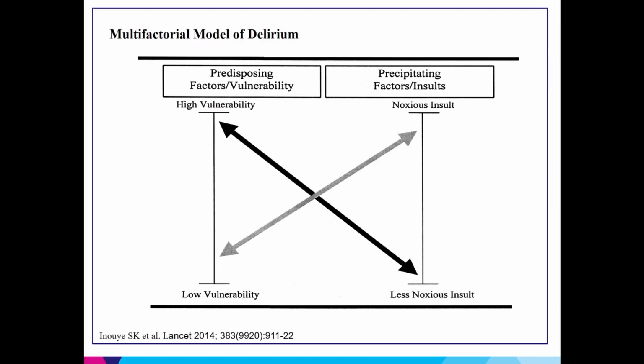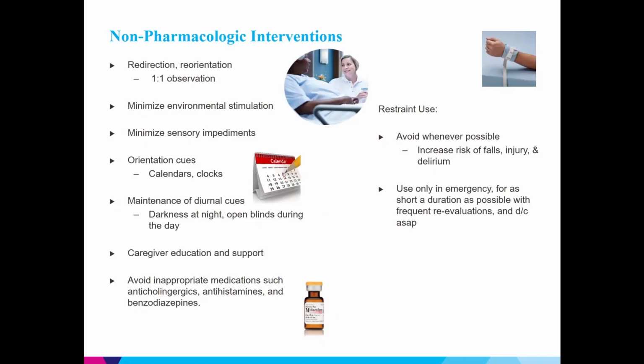Once you've recognized the risk factors, especially in your older vulnerable adults, it's important to implement non-pharmacological interventions, especially for a high-risk patient like Mr. H. It is easier to prevent delirium from becoming an issue rather than trying to chase it after a patient has developed acute delirium. Listed here are some common interventions that can be implemented on day one of hospitalization, reminding